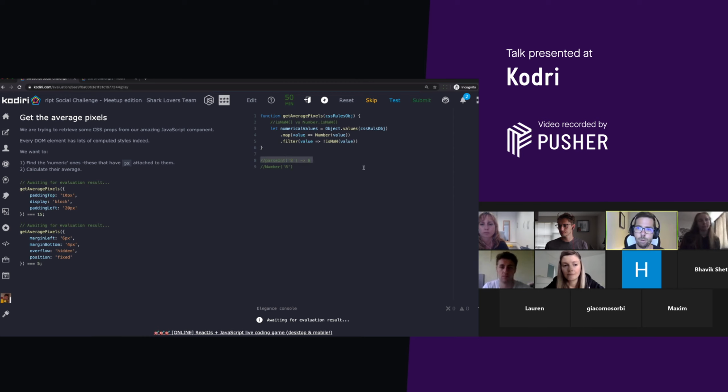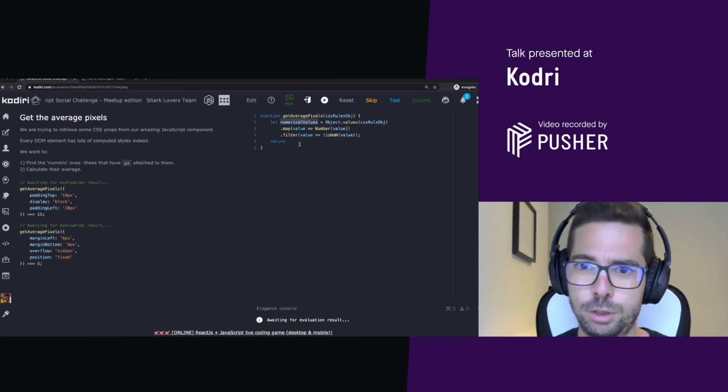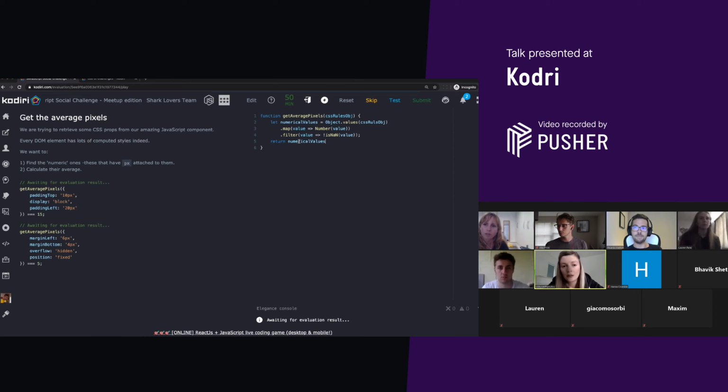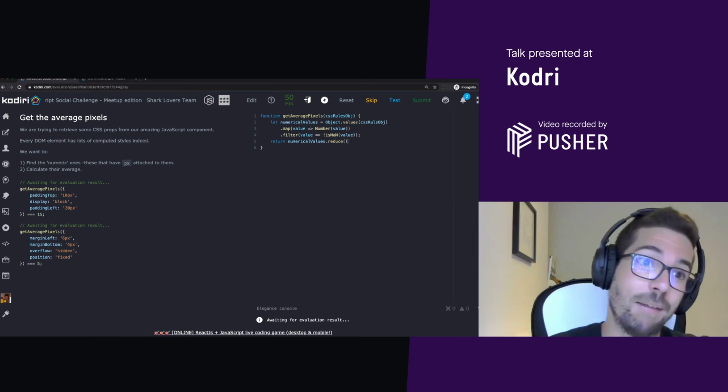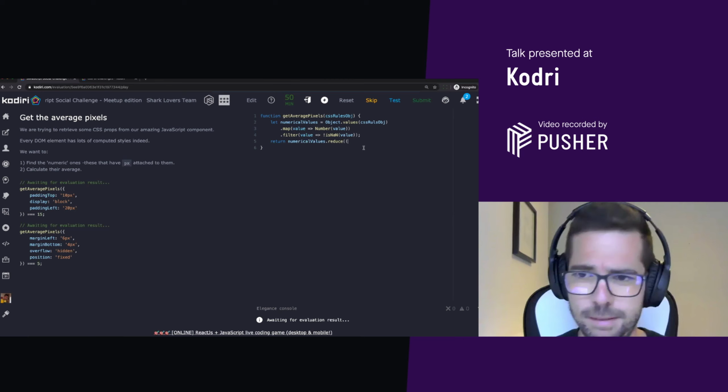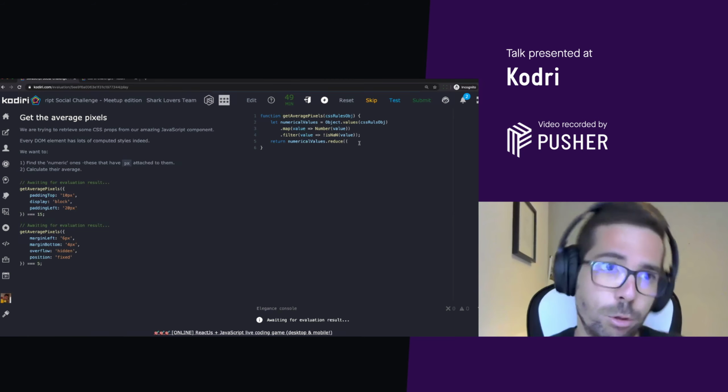Cool. All right. So if my approach was right, now numerical values will be an array of numbers. Now I just need to get the average, which is going to be a piece of cake, hopefully. Guys, how do you get the average of a list of numbers? With the reduce. Reduce, correct. There are different ways to do that. We can, for instance, get the total and then divide the total by the number of elements, classic. Or you can do something probably slightly smarter, which is doing everything in one line.